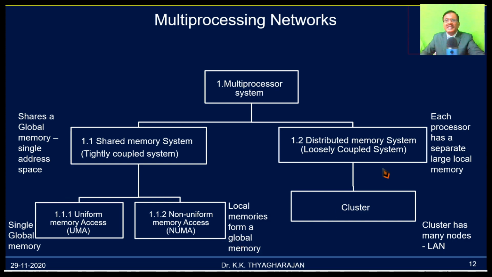of the memory also. In the case of distributed memory system, many processors will be connected together to form a cluster, and each processor has its own large memory and it is called as node. Each node is a computer. All these nodes are connected together using local area network. The shared memory system is called as tightly coupled system and the distributed memory system is called as loosely coupled system. So it can be easily expanded.